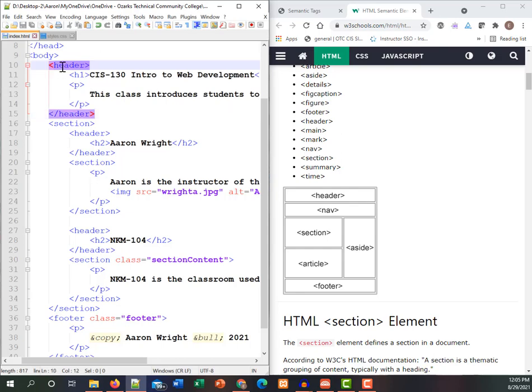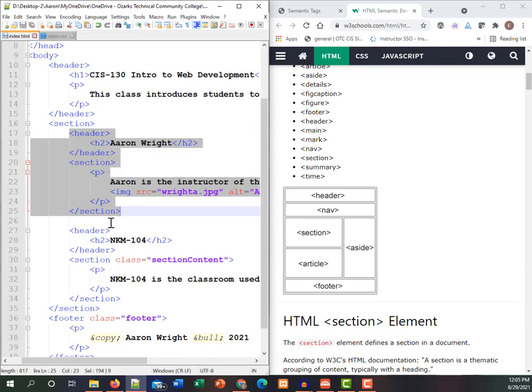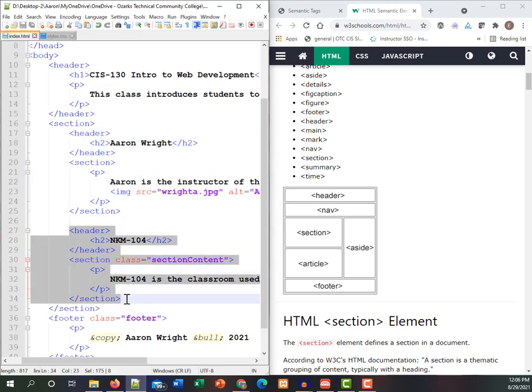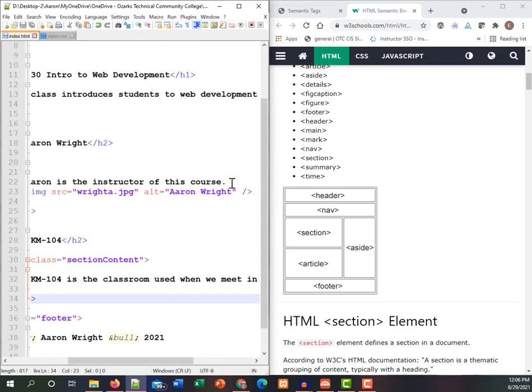So here I know that this is a header, this is a section, this is a header that's inside the section. Here's another section that doesn't have a header. Here's another header and a section. And this header and section could be inside of its own section if I wanted it to. Now, if I had this in a way that instead of this course, I could say